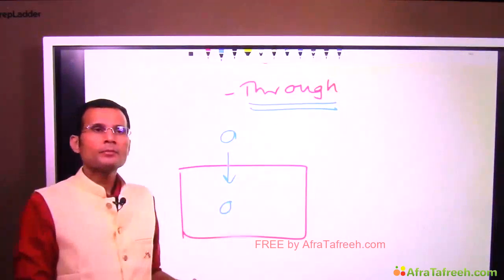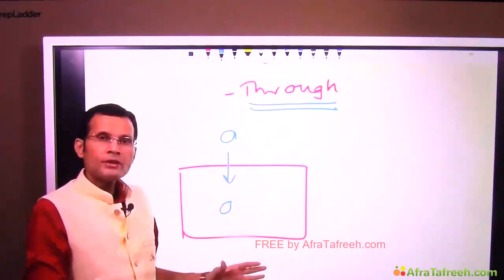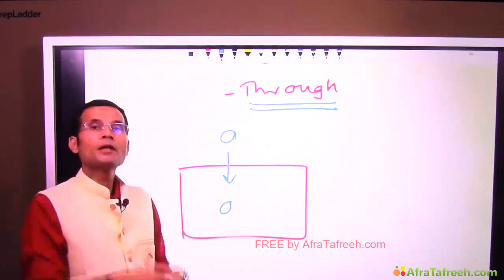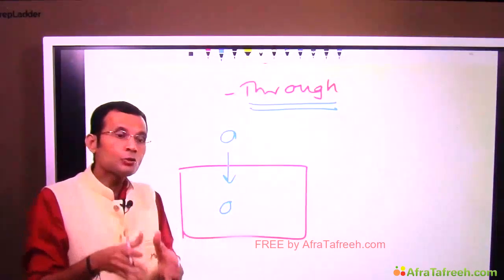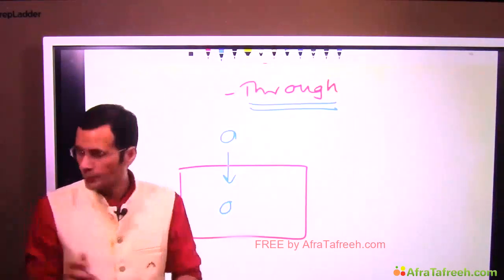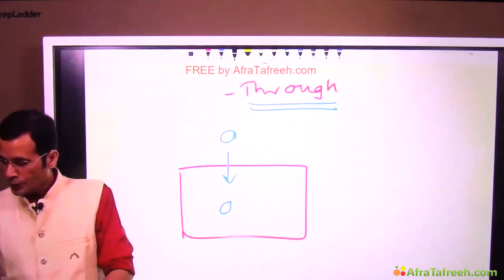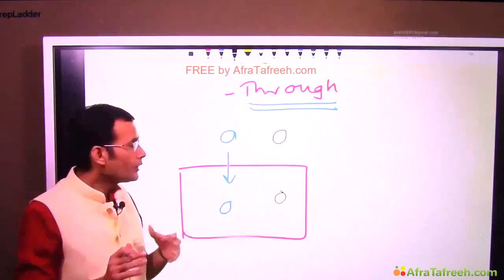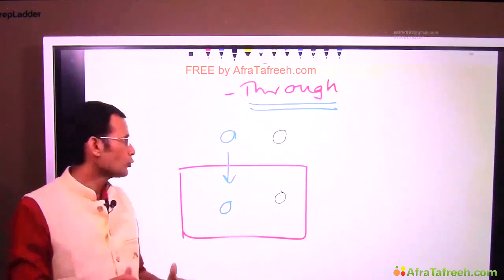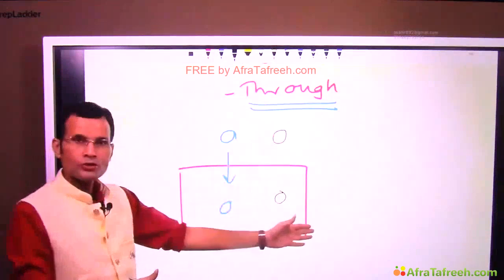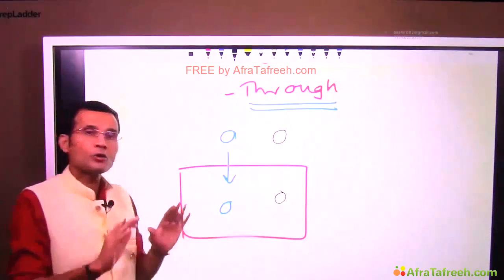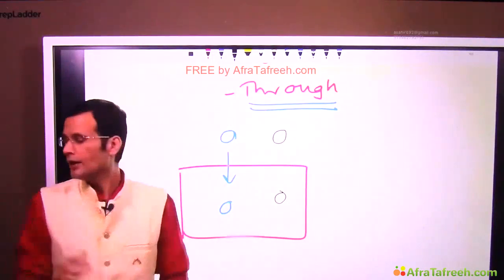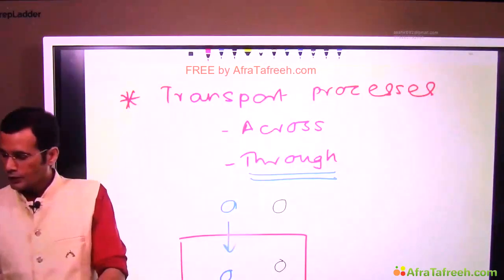Whereas at some other instances, substances do cross the membrane and go to the other side, but without actually going through or invading the membrane. Yes, that's also possible, and such transports would be called transport across the membrane but not through the membrane, right? And therefore the examples